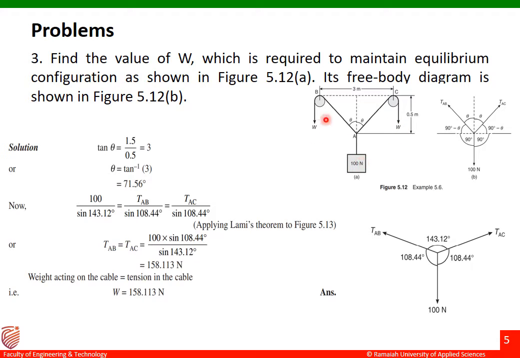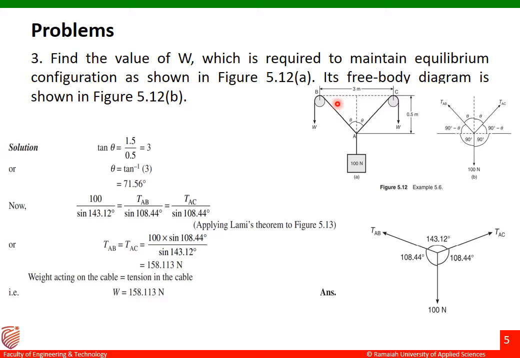because of this weight. Okay, otherwise if there is no weight at these two ends, this 100 Newton force is going to act downwards, and then these cables will come downwards over there. So in order to maintain the equilibrium, we have to apply certain weight to the left hand side and then to the right hand side over there. So we have to find out the value of W in order to maintain the equilibrium. So this is my angle theta, this is also theta. So we don't know what is the value of theta here. So let us find out the value for theta first.